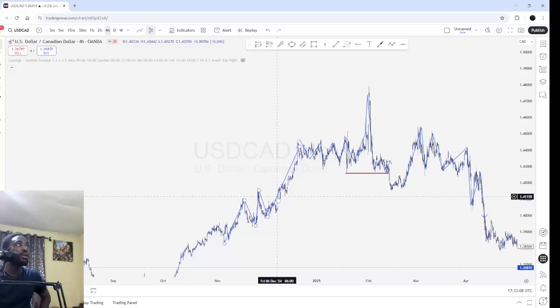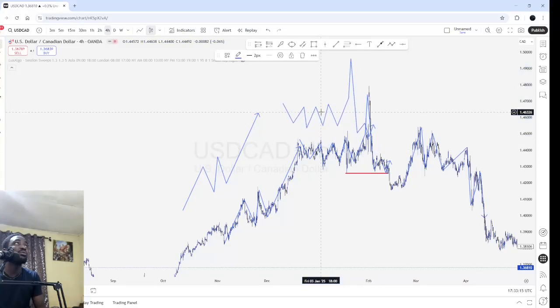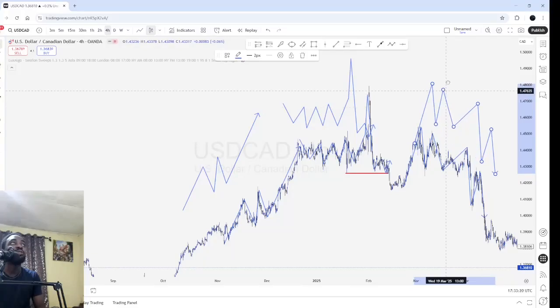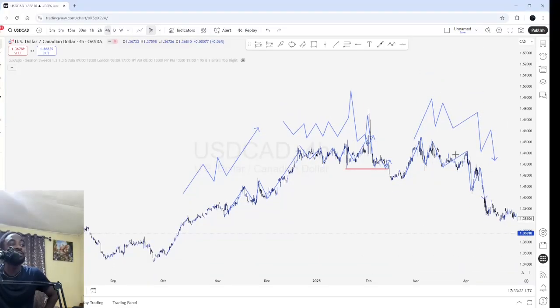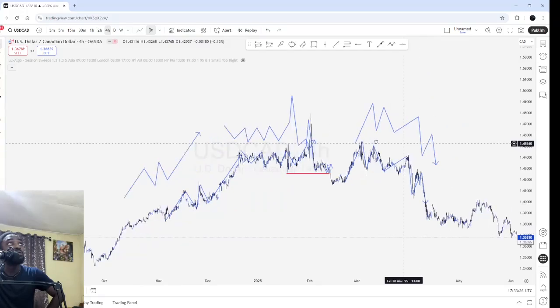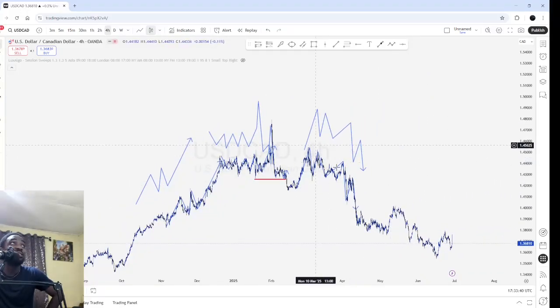When I duplicate this, you see that there's a trend. When I duplicate this, you see that there's a consolidation zone. When I duplicate this, you see all this one. But you see that it doesn't look perfect, or it doesn't look textbookish. Let me use that word. I don't know whether we have that word. It doesn't look textbookish. Yeah, this is what I was talking about. So this is basically a trend.